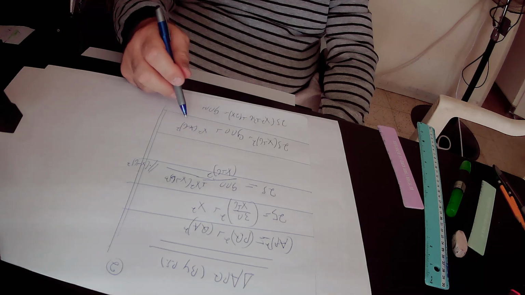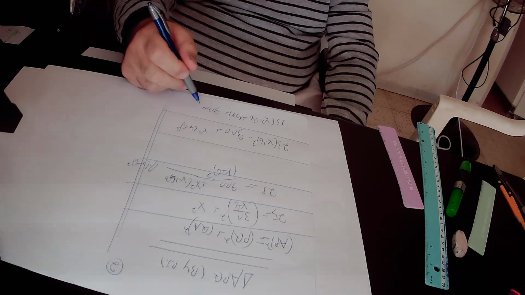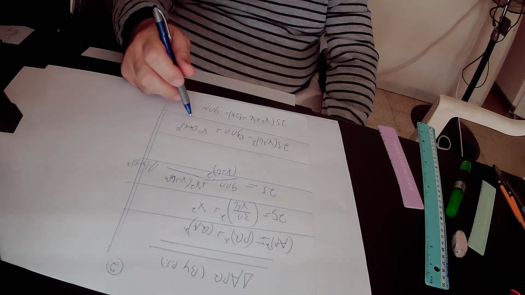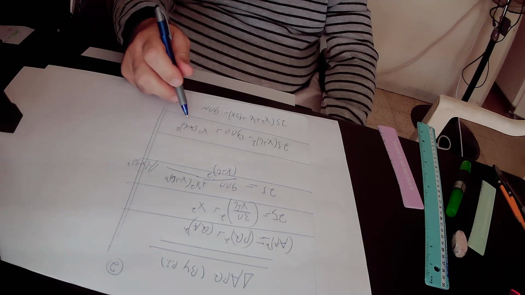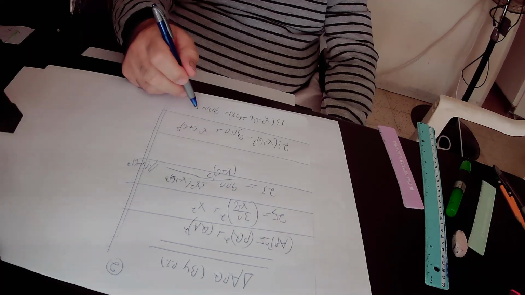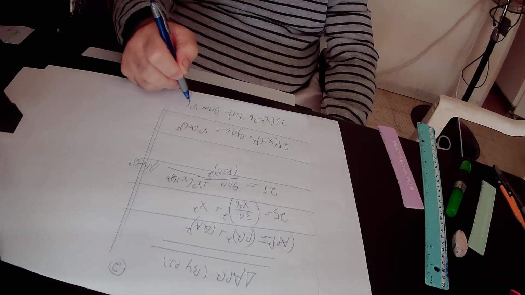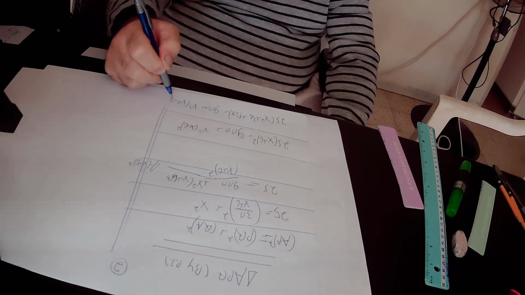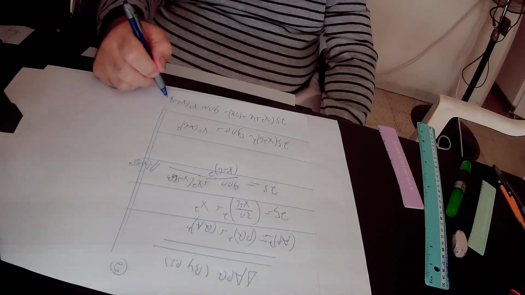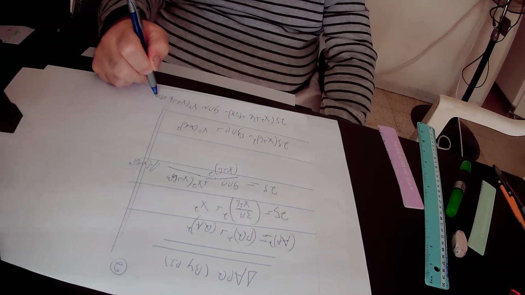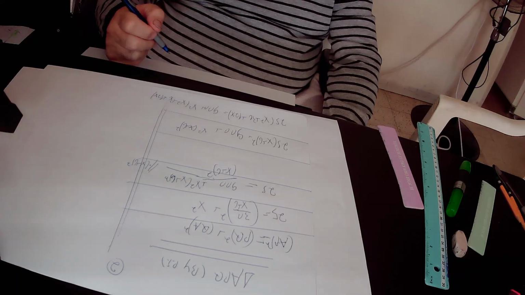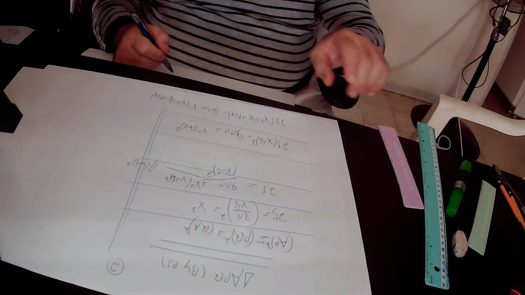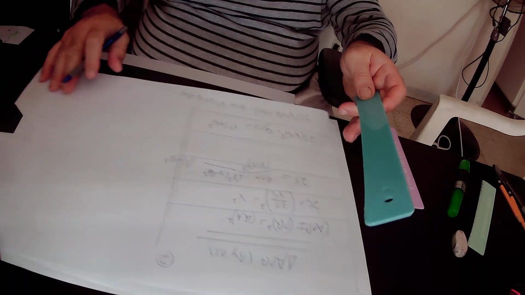So we open the brackets of this expression, but before that we find out what is the value of (x plus 6) squared. So here we have x squared plus (x plus 6) squared. (x plus 6) squared equals x squared plus 6 squared, that is 36, plus 2 times x times 6, that is 12x. So here we open the brackets on both sides of this equation, and finally we get that